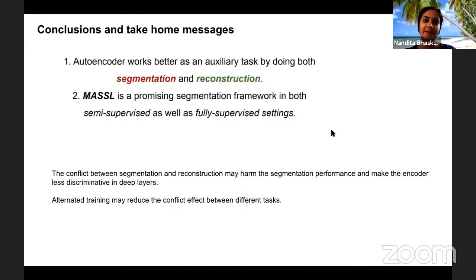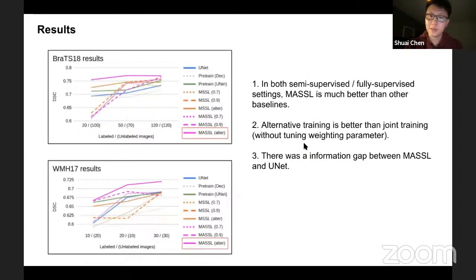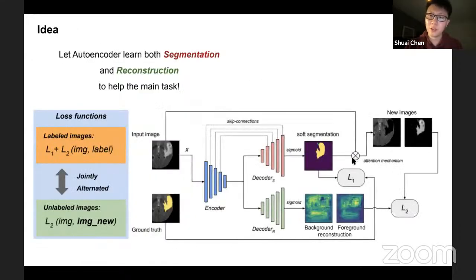I was wondering if you tried using the representations that the encoder learns for other tasks like transfer learning, or is it supposed to be used only for this particular setting? So the basic idea of the attention based, because here we only use a very simple one. We just use the element-wise product.